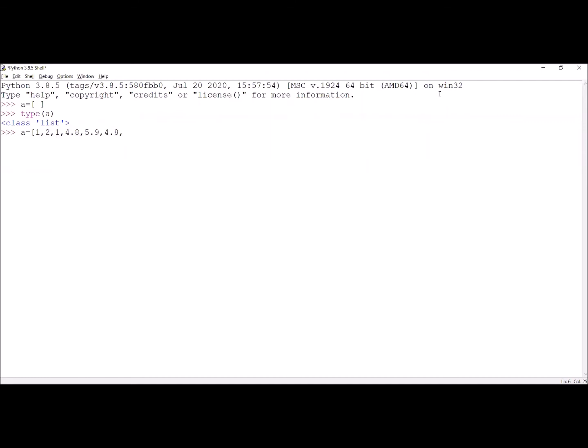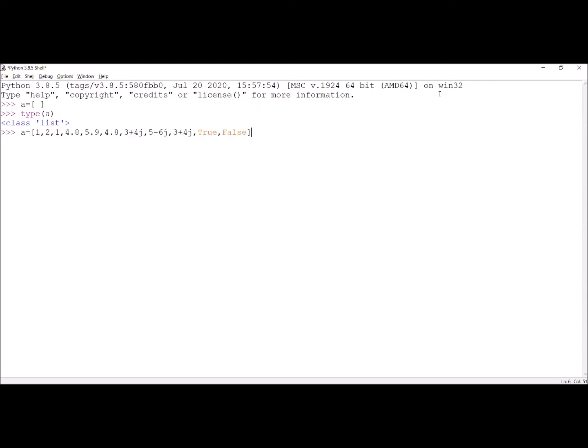We are giving the complex elements 3 plus 4j and 5 minus 6j. I am repeating 3 plus 4j, and we are giving a boolean, true and also false. Almost we have covered all data types.